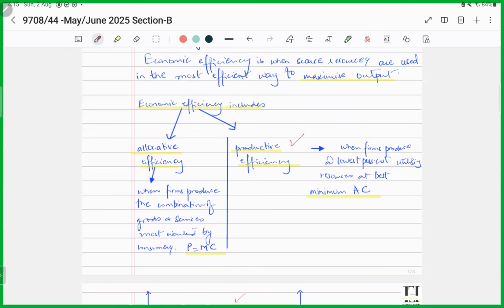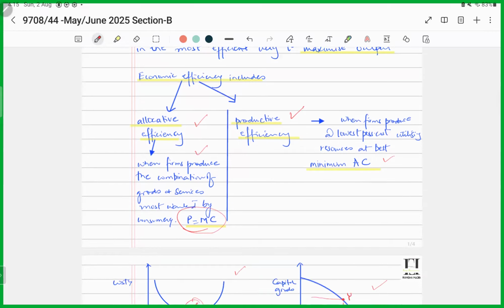Further, when we are going to be talking about allocative efficiency, and yes, productive efficiency is achieved when it is at the minimum average cost, right? Allocative efficiency is achieved when firms produce that combination of goods and services which is demanded by the consumers. That means that the firms would be producing at a point where price is equal to